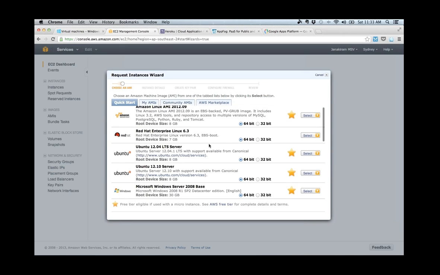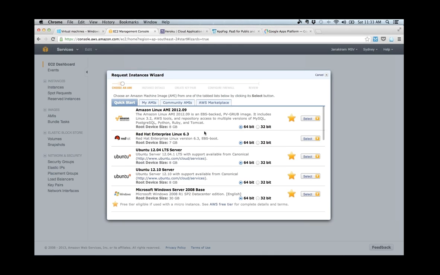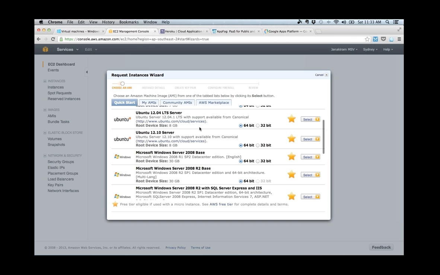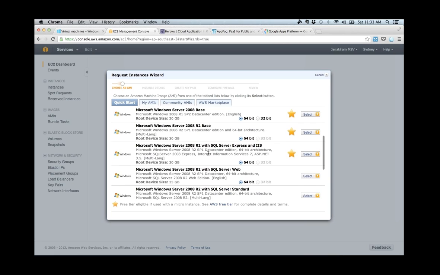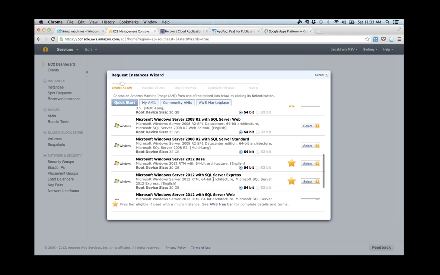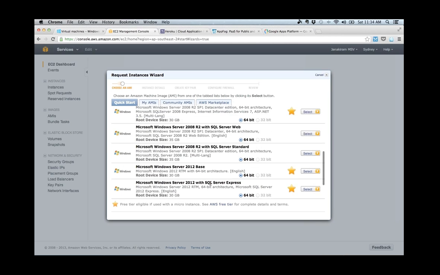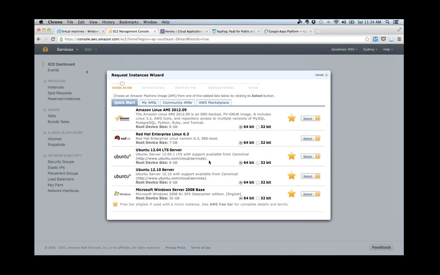And here you see that Amazon is offering me core building blocks. I can choose multiple flavors of Linux. There is Amazon's own Linux, there is Red Hat Enterprise Linux called RHEL, there is Canonical Ubuntu, there are various flavors of Microsoft Windows, all the way from 2008, 2008 R2, 2012, and configured with SQL Server and so on. So these are basically the pre-configured servers that you can launch with just a few clicks. More on this later in the next webinar, where I'm going to talk to you about launching your first server in the cloud. This goes much beyond what you see here.